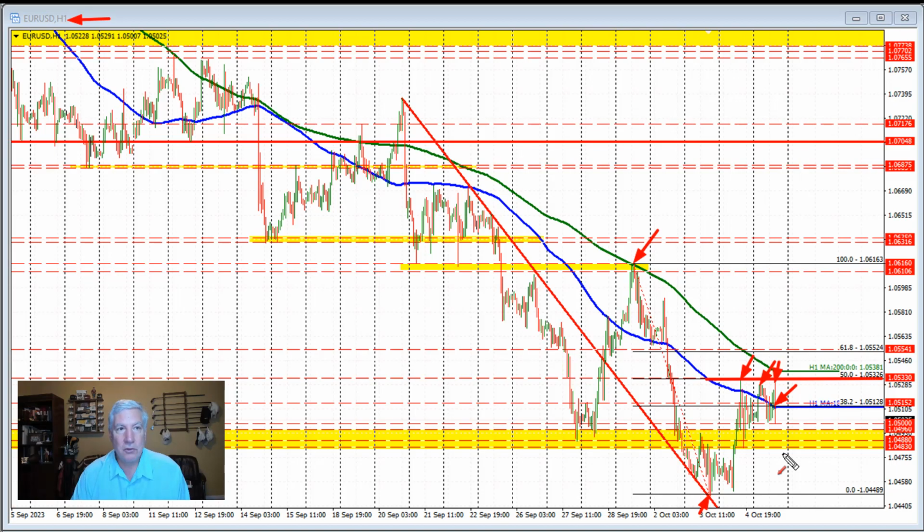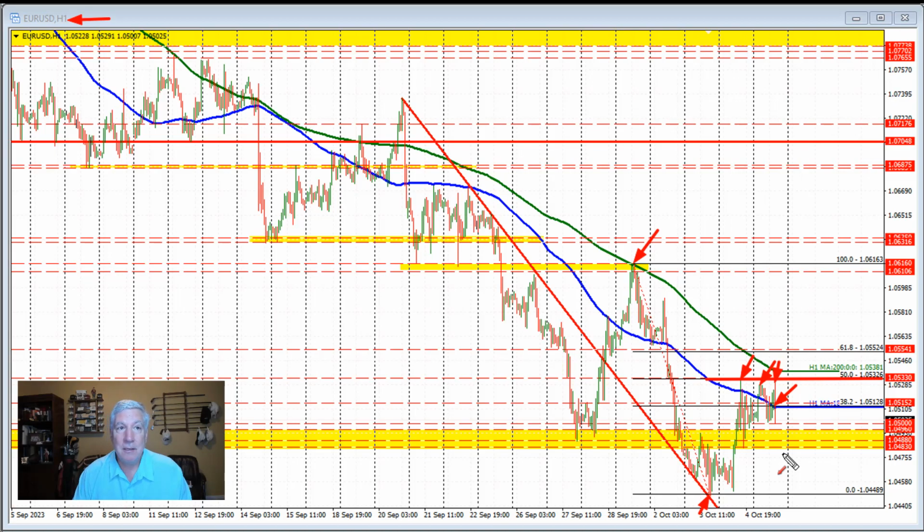Well, we have the U.S. jobs report, that BLS report tomorrow, coming out with the expectations of 170,000, with the unemployment rate moving down to 3.7% from 3.8%, and average hourly earnings rising by 0.3% month on month and 4.3% year on year. That's going to be a key release tomorrow, and perhaps the market is just waiting for that, staying around the